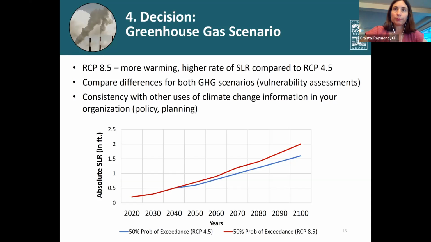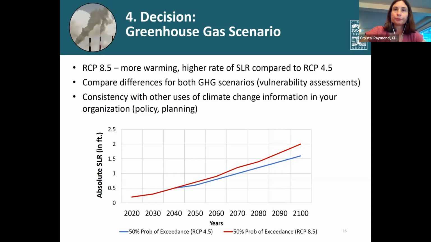rise through the century. One of the critical things, as you can see from this graph, is that the sea level rise projections for these 2 greenhouse gas scenarios do not differ until about 2050. So if you're using a time frame and selecting numbers for your application prior to 2050, it doesn't necessarily matter which greenhouse gas scenario you choose because they're essentially the same. If you're looking at timeframes beyond 2150, then it's important to consider which of these greenhouse gas scenarios you would